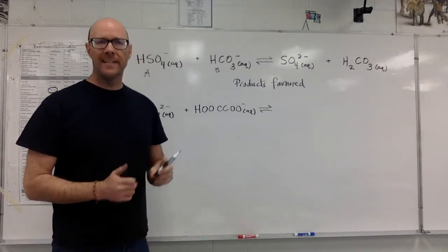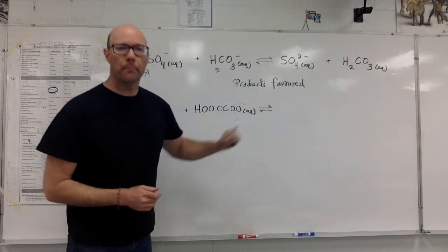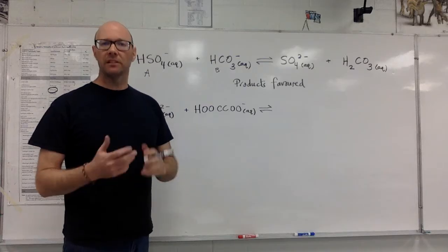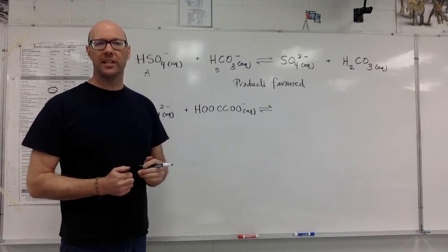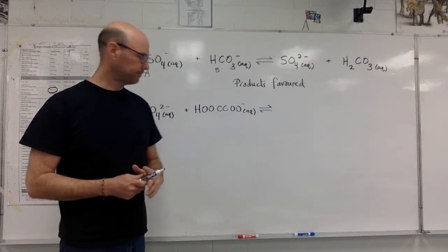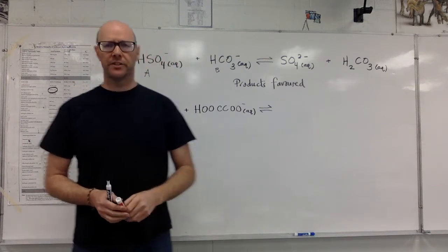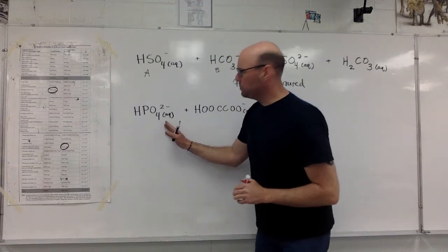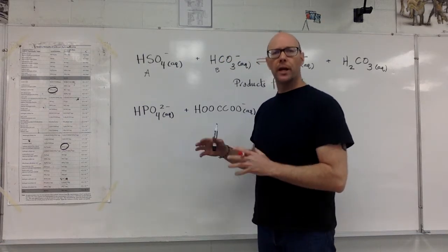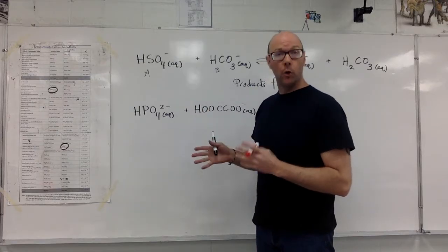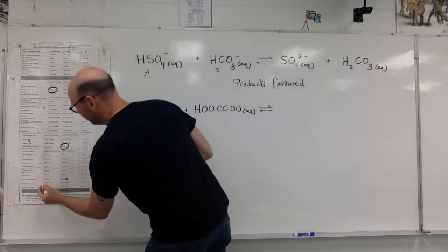I have a slightly more intense second example. Here, the products are not given, so we have a little bit more work to put in order to decide which chemical is the acid, which one is the base. Our first move is, look at this, HPO4²⁻, a hydrogen phosphate ion. When I go to the table to locate it, I see that